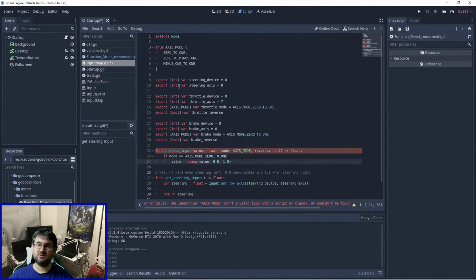Because again, you know, let's say that we are using our right stick for brake and, call it braking and acceleration, then we get the same axis value. We're going to be using the same axis, so we want to clamp the